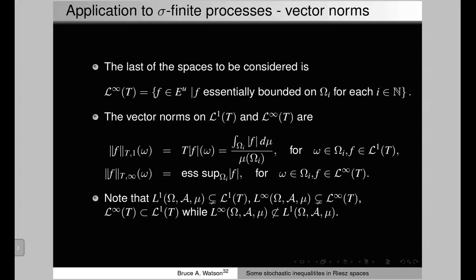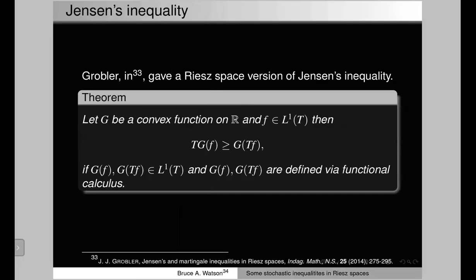And we can write out what the L1 norm and the infinity norms look like. We can do all the other ones as well. But what is noticeable here is that classical L1 is not equal to L1T. Classical L infinity is not equal to L infinity T. But we do have the scaling of the spaces that L infinity T is contained in L1T, while L infinity (Omega, A, mu) is not contained in L1 (Omega, A, mu). Now,